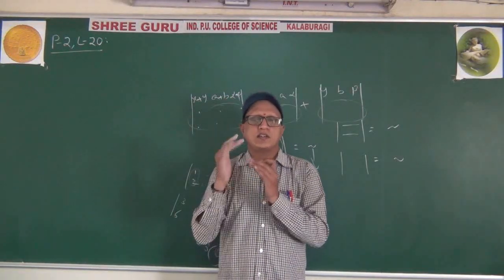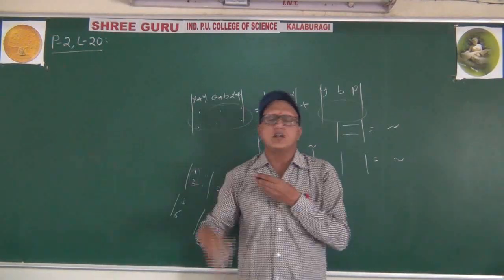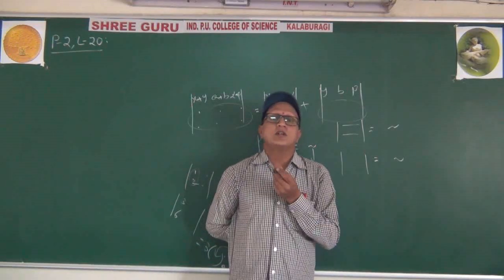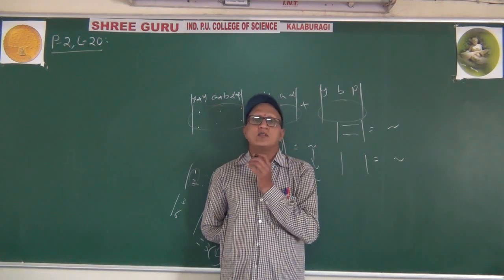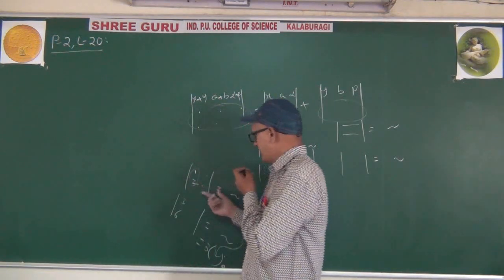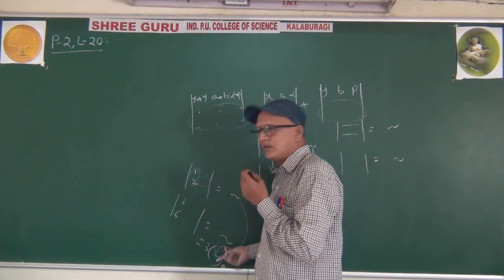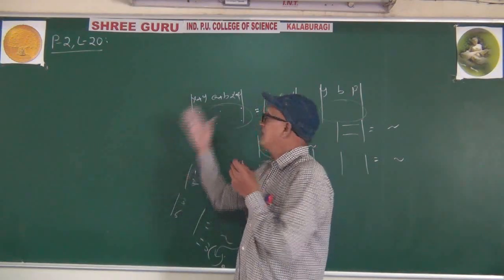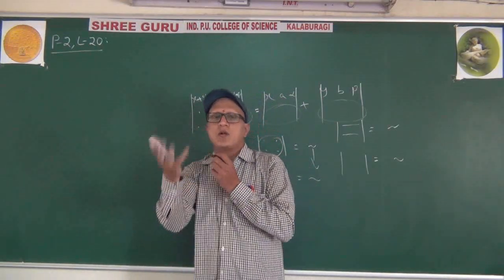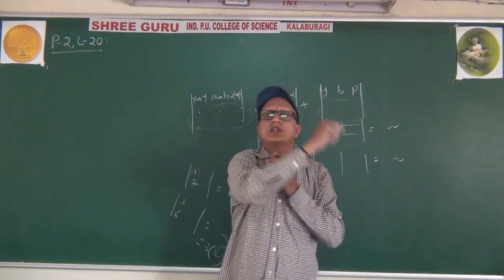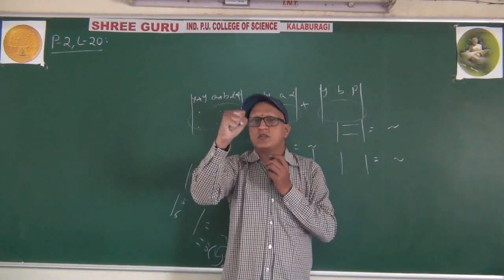First property is related to transpose: the answer will not change. Second property, interchange of rows or columns: the sign of the answer changes. Third property, if two rows or two columns are the same, then the answer will be 0. Fourth property, if you multiply any row or column with a constant, then the final answer also is multiplied by the constant. Next property, you can split any row or column like this as two determinants. Next property is like elementary operation. Properties over. If you see like this, all 6 properties will be in your hands.